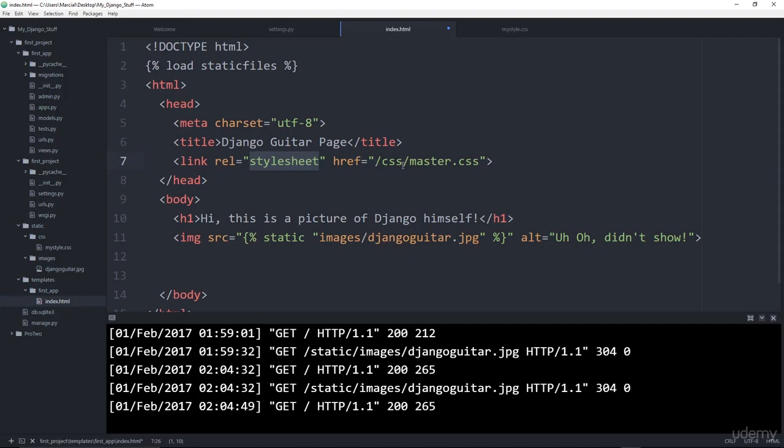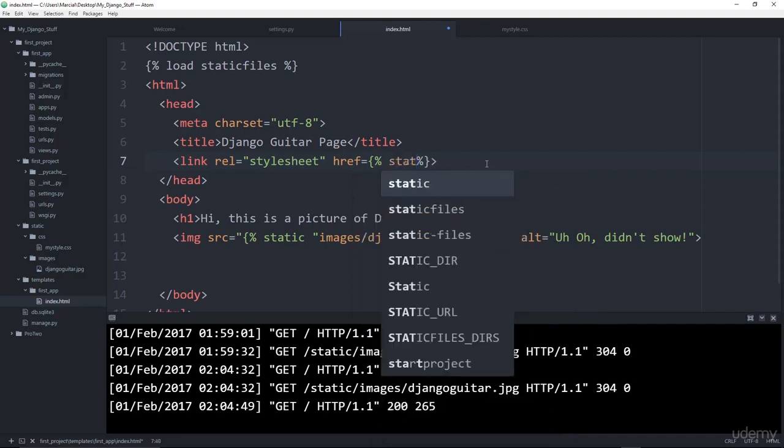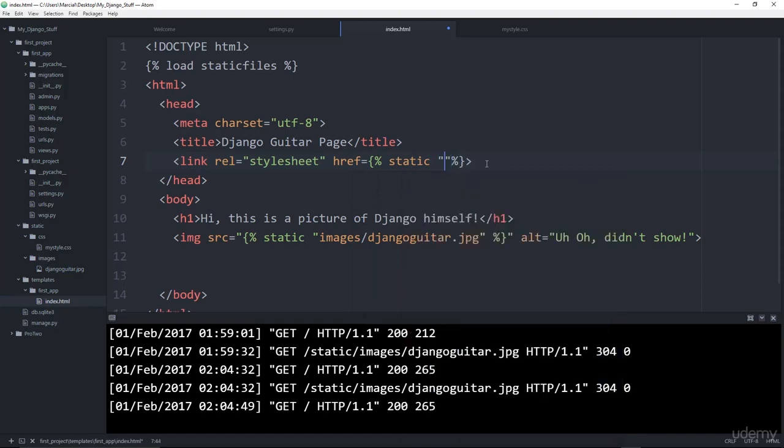In this case, I'm going to remove this string and replace it with some template tags. And I'm going to be using the % sign because I'm not just injecting simple text. And then I call static, and then pass in the string of where that CSS is actually based inside of that static folder. So underneath the static directory, I have the CSS directory, and then underneath that, I want to call my style.css. And let's close off that tag